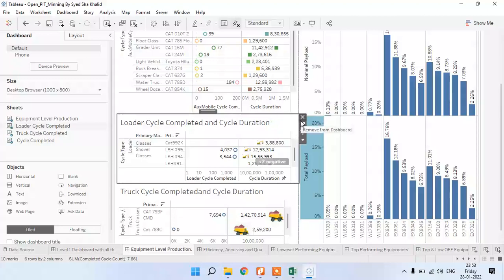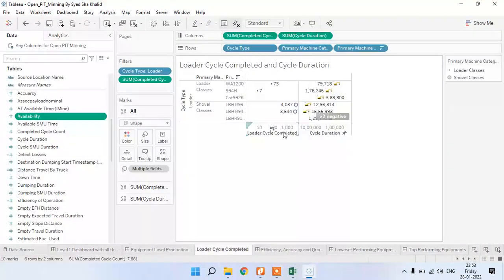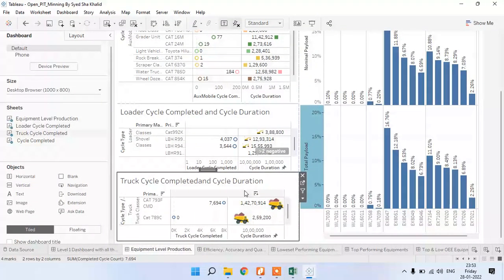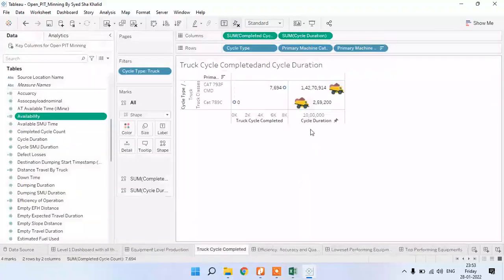In this cycle also we have taken the sum of complete cycle and complete cycle duration. This is the same in the rows, few columns are there. Same type, truck cycle completed duration. See here, this is the same in the rows.